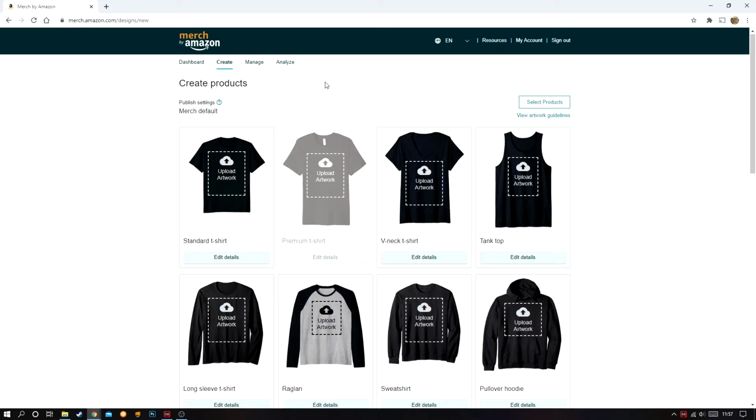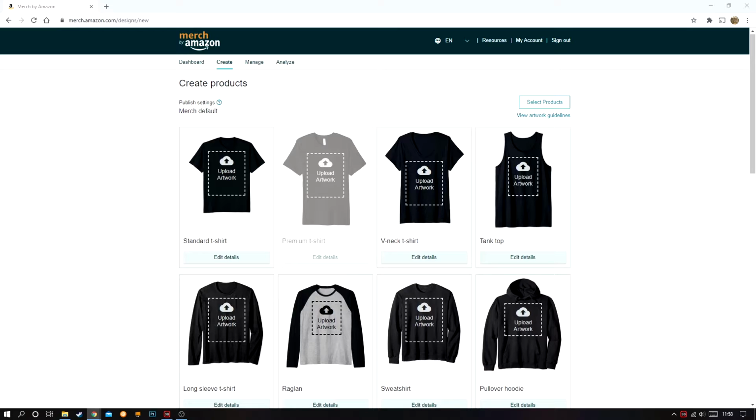Having had a look around on YouTube, I have seen that the best dimensions for t-shirts would be 4,500 by 5,400. So it's 5,400 pixels high by 4,500 pixels wide, and that should cover the t-shirts and give you a good upload. So I'm going to click on upload artwork,